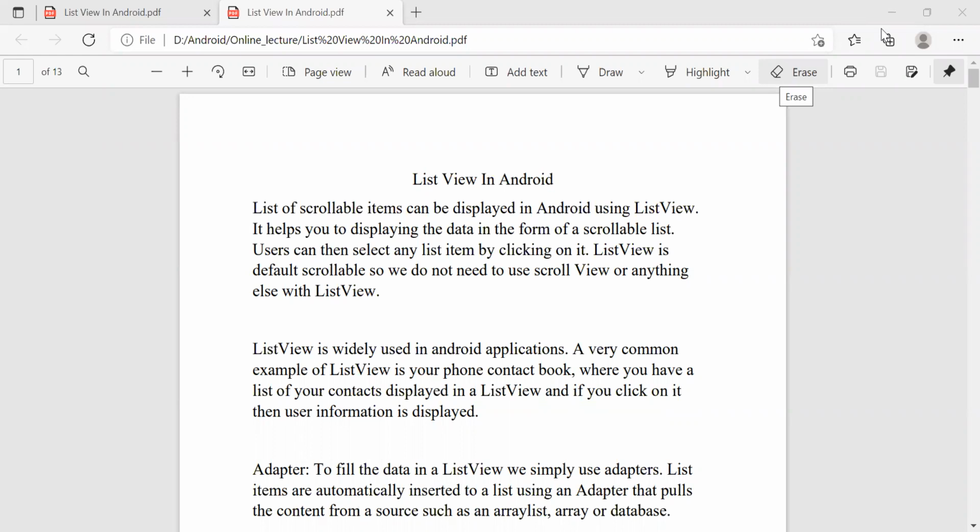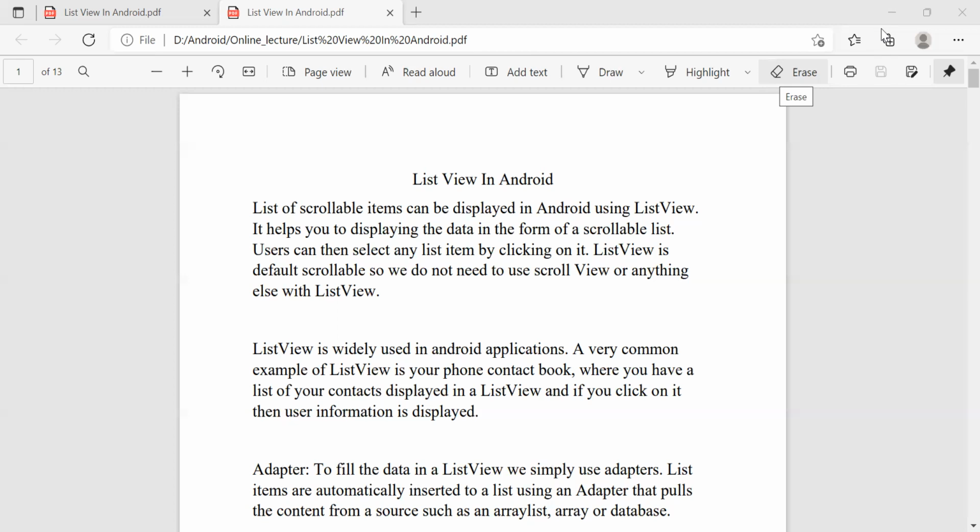In list view, whenever we want to show a number of items on our app, at that time we use list view controls. And by default the list comes along with the scroll bar. So if the number of items is more, then we can use its scrollable view. So it's very useful in any app. The most common use is the contact list.